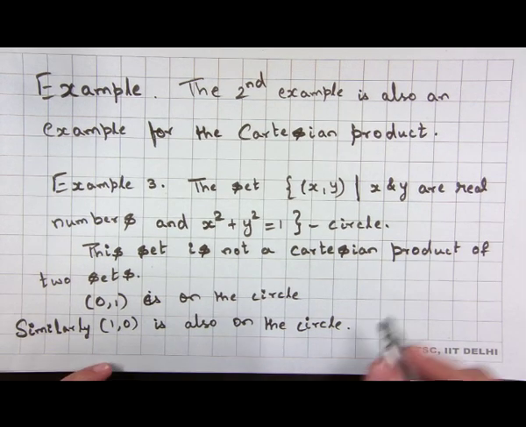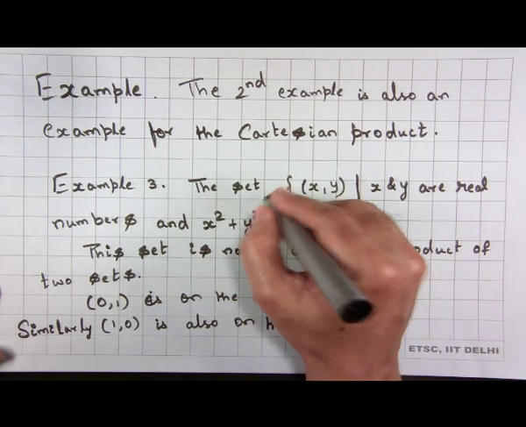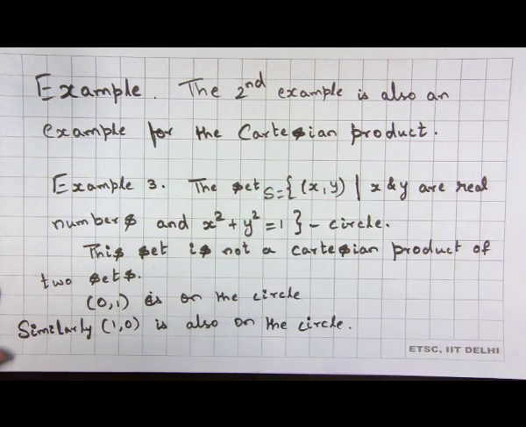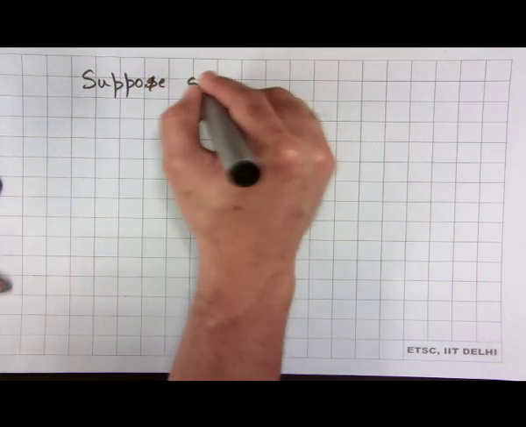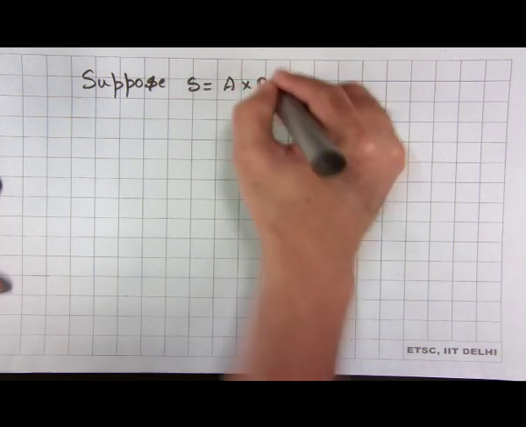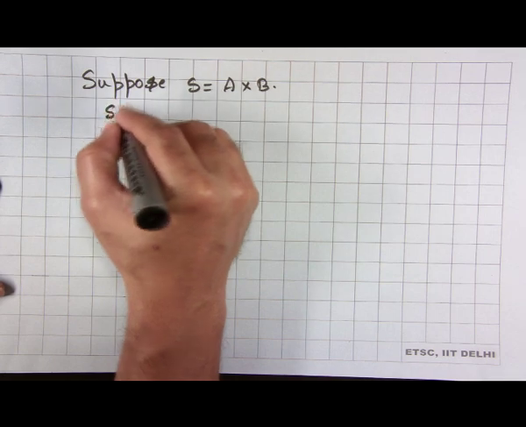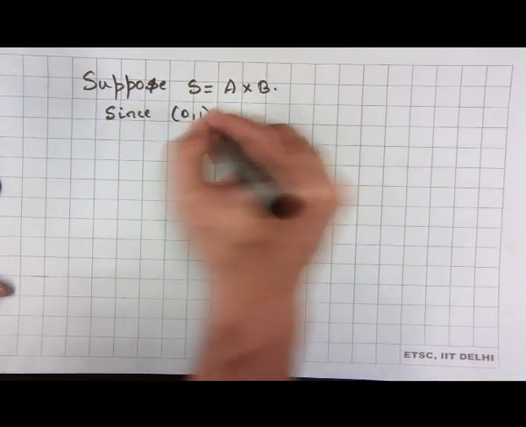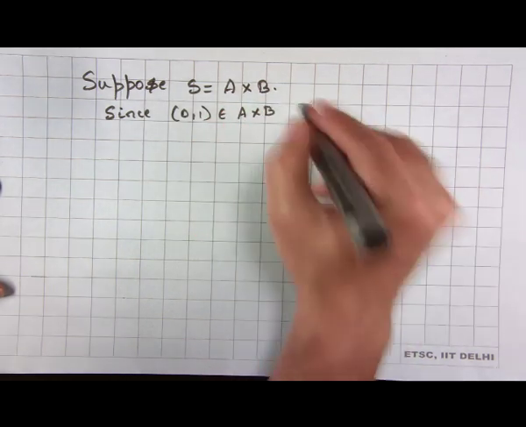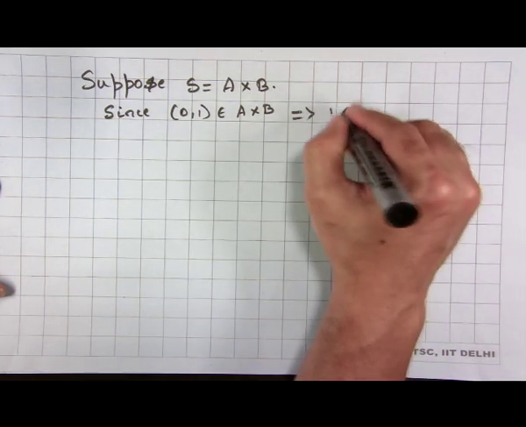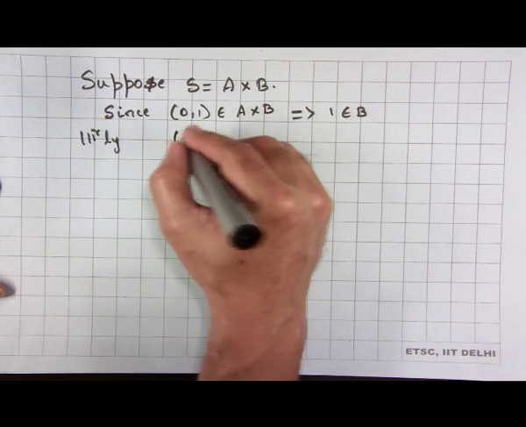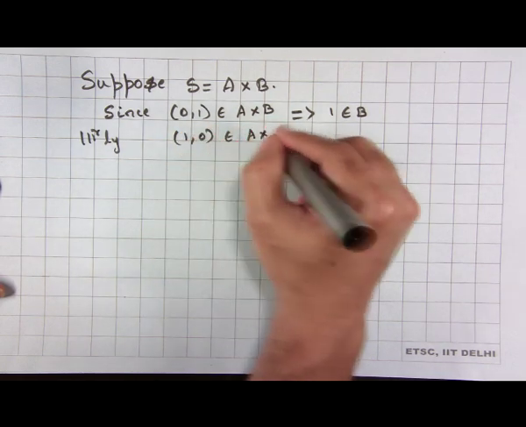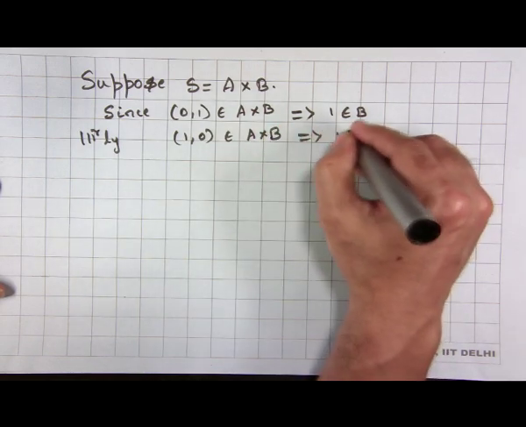So, suppose I write the set, let me call it some S. Suppose S is of the form A cross B. Now, since 0 comma 1 belongs to A cross B, that implies that 1 belongs to B. Similarly, the pair 1 comma 0 belongs to A cross B, that implies that 1 belongs to A,